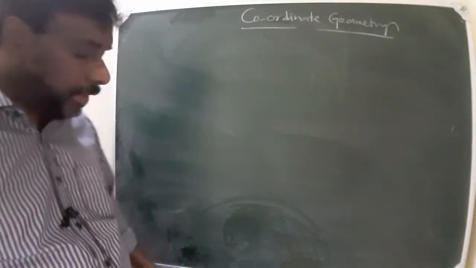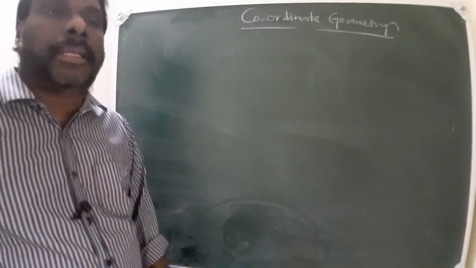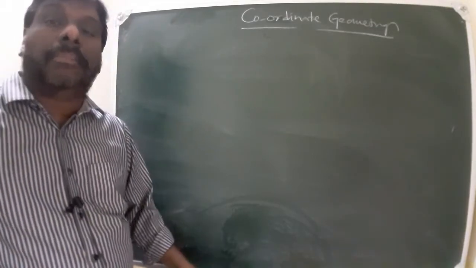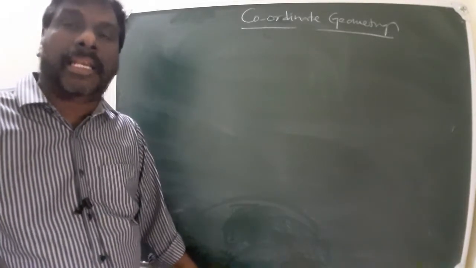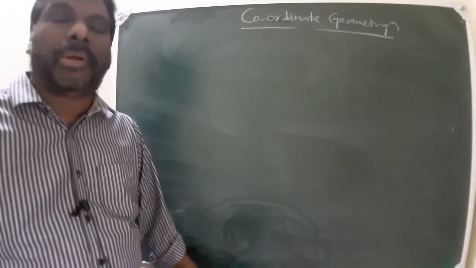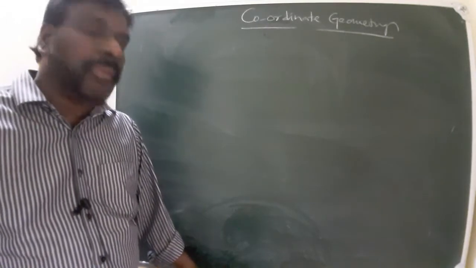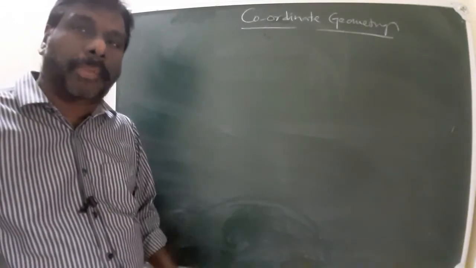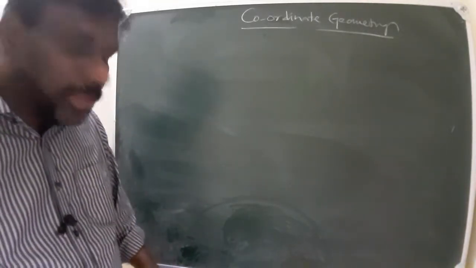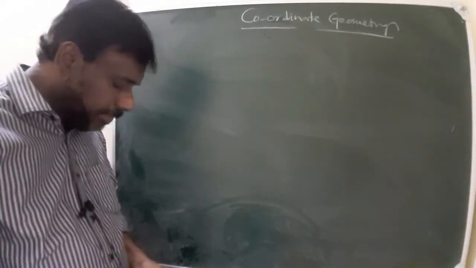Good morning, students. In the previous class, we discussed some important formulas: midpoint of two points, internally dividing point, externally dividing point, centroid, trisection points, and four-section points. These are all we learned. So now we will do problems based on those formulas. You already wrote the formulas, I think, and now we'll continue with the sums.